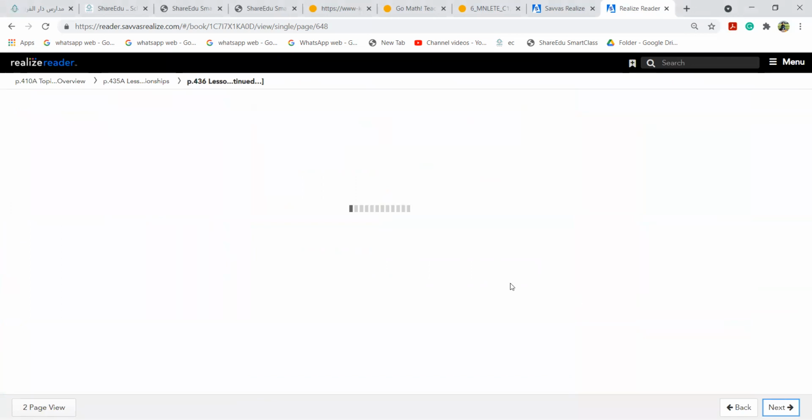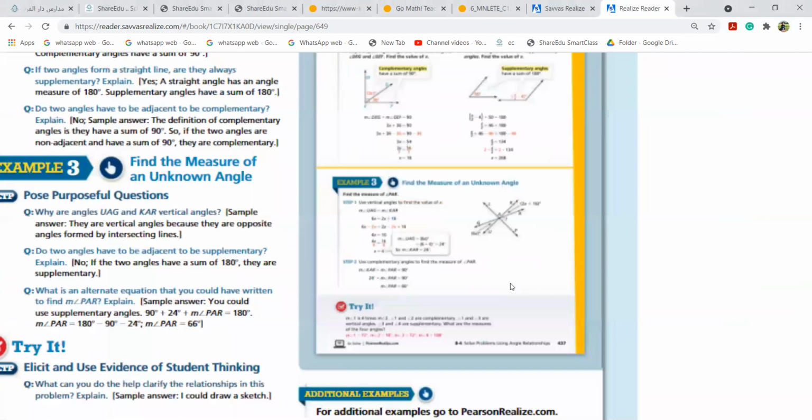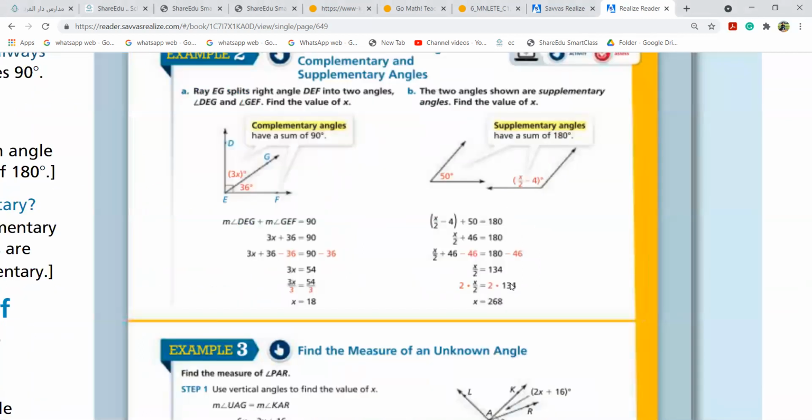Vertical opposite angles, girls. You need to know that vertical opposite angles are always equal. Now here, complementary angles have a sum of 90 degrees. Again, please, all of you be with your textbooks, or else I will ask you all to open your cam and show me. Please, girls, highlight this. You will get all these in your graded material homeworks. Complementary angles have a sum of how much? 90 degrees. Supplementary angles have a sum of 180 degrees.